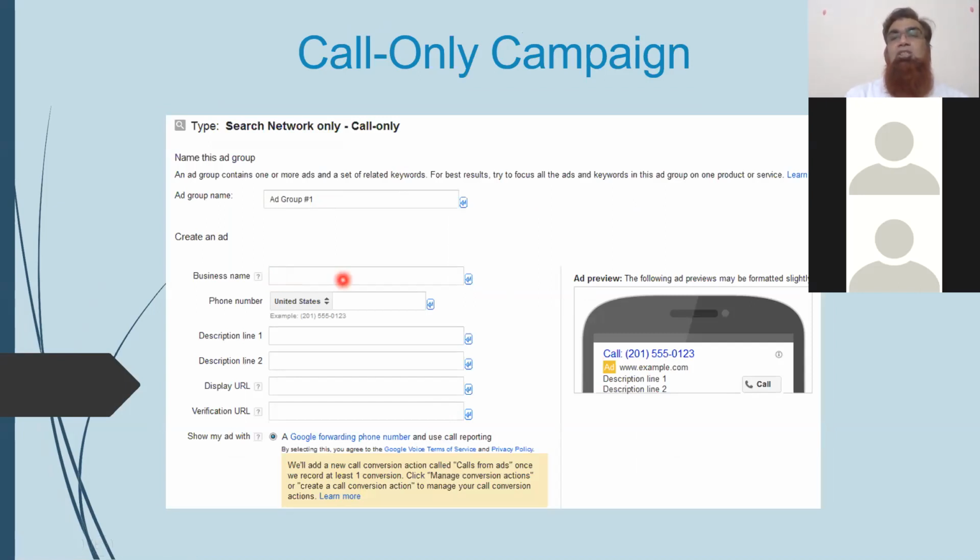Google doesn't encourage a business which is not existing. You may not be able to run the campaign. You may create it, but in case Google realizes it, then they may disable your ad and you will not be able to run the ad. So it's better that if you run the ad, if you have a proper business name, put it over it, then you have a phone number.